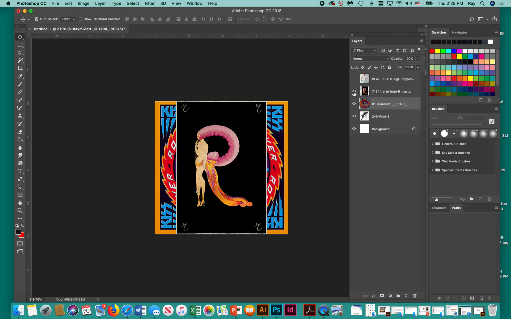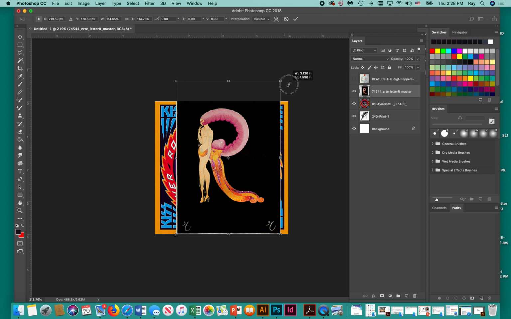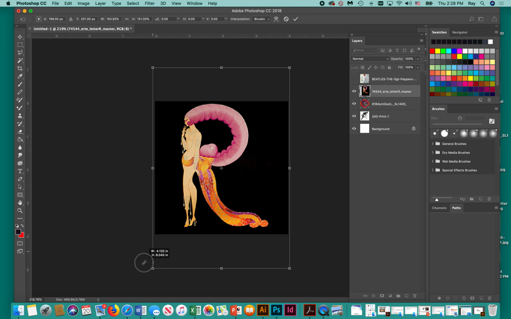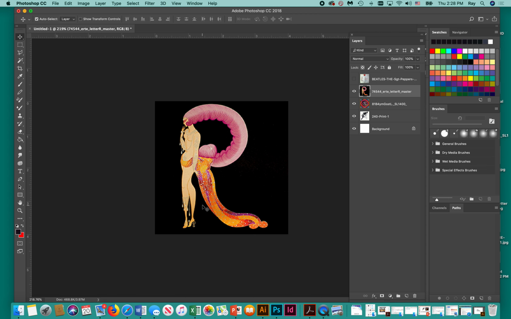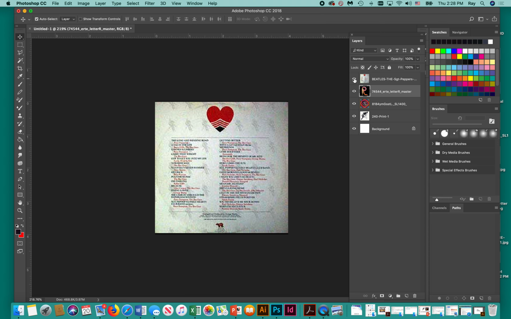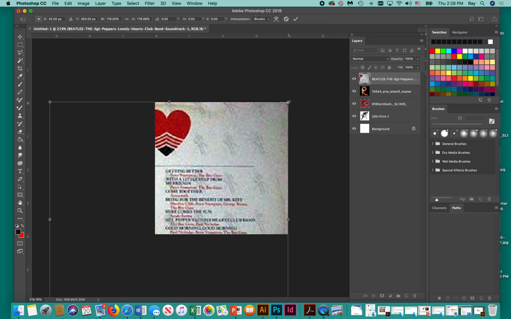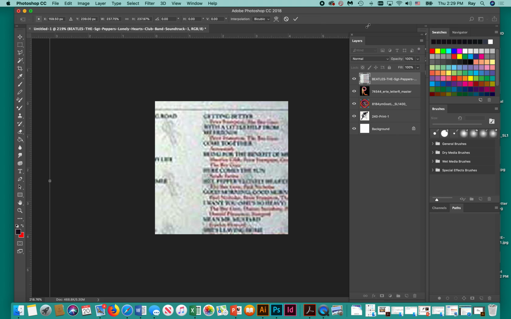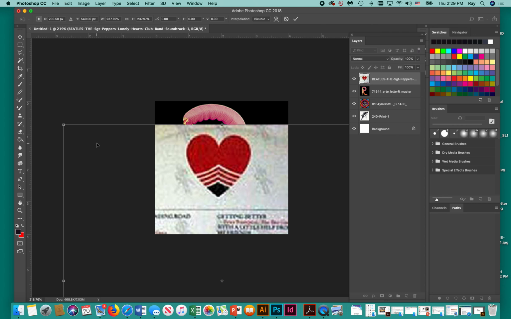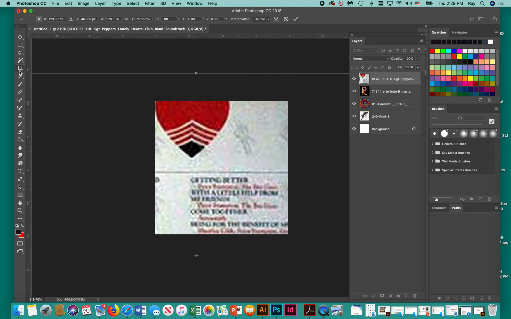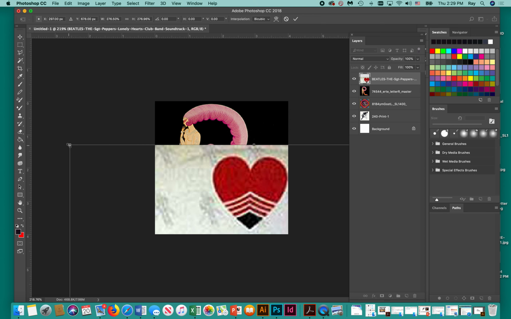The next one is the R, and the R again, I want to make this one bigger. So Command T, and I'm gonna enlarge it. And there we go. And the last one is probably going to be the hardest one to work with because it is so big and the image is so small that I'm really going to have to enlarge this one relatively large. And as I'm enlarging it, you'll see that the resolution on the image gets just worse. And that's because I'm stretching all these pixels.